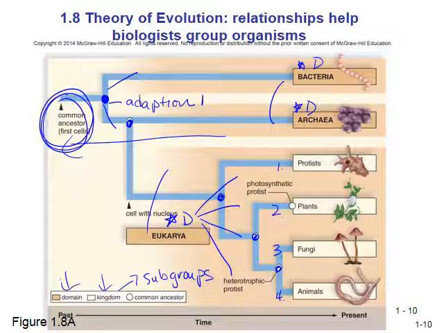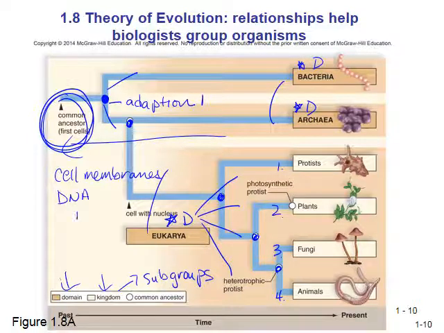So if you think about it, all three of these, we all have cell membranes. We all have DNA. And the DNA are made of the same codes, A, T, C, and G. So we use the same nucleotides to make our DNA. So there are some very basic similarities between all of these, and so we think that there has to be a common ancestor that came before all of these. And obviously these lines would represent millions of years.